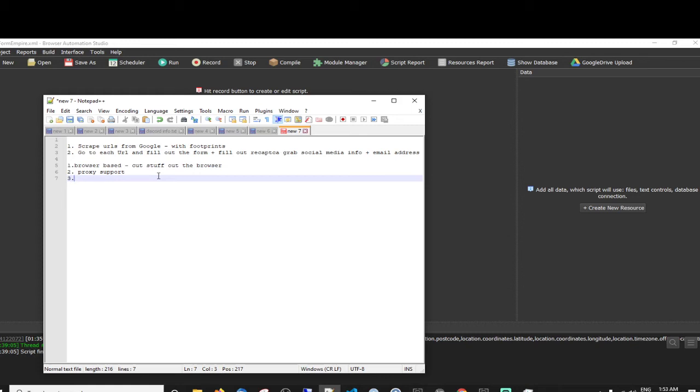Yeah, we're going to need it for the scraper because we've got two options really. We could just scrape but very slowly, or if we use proxies, we can do it fast. So we're going to have an option for that. Apart from that, we need an API for captchas, for reCAPTCHAs, so we don't have to fill them out manually, because that would be a pain in the bum. I think that's about it. That's the nature of the program.